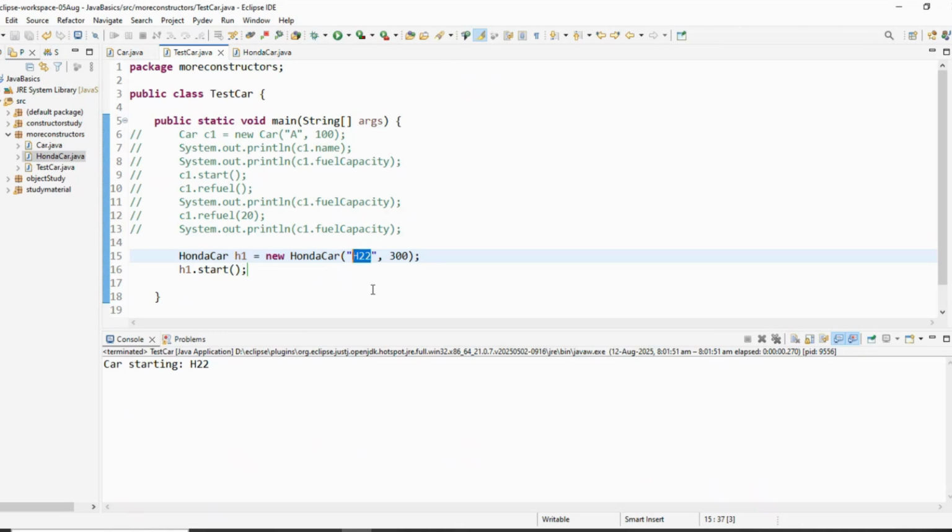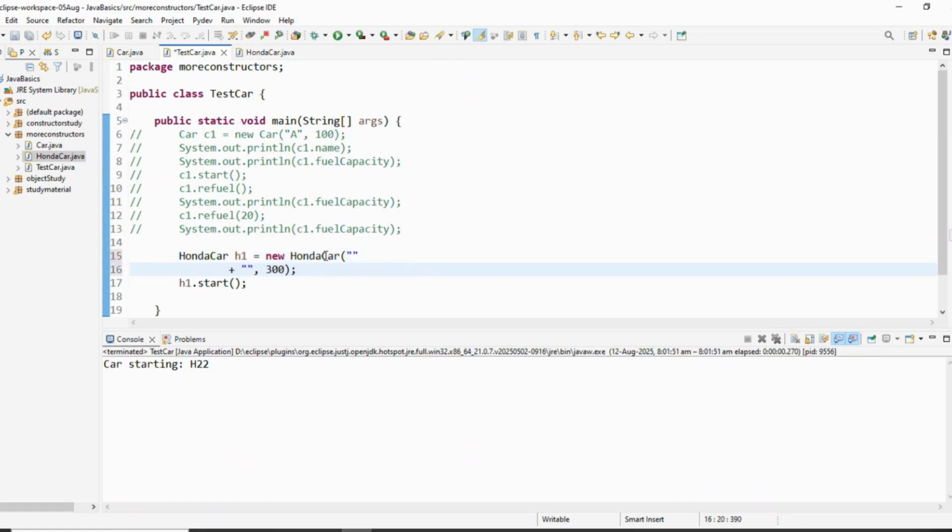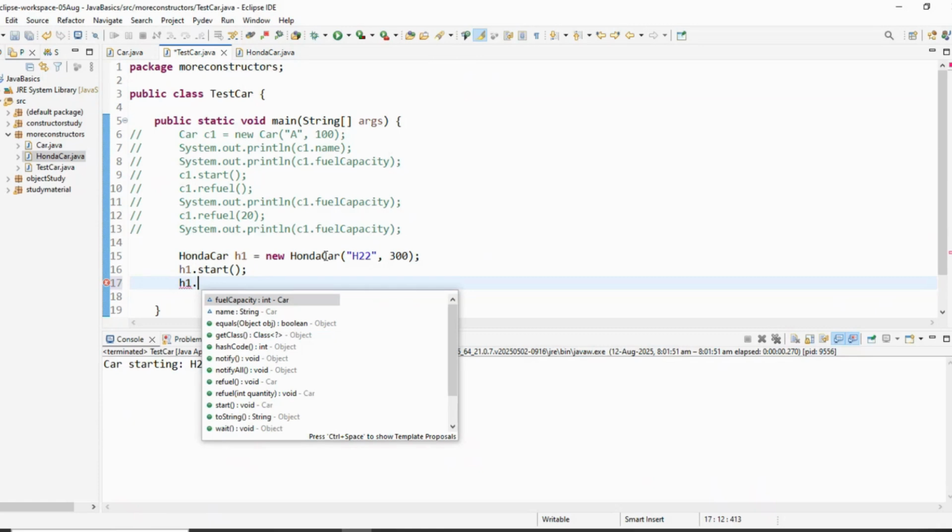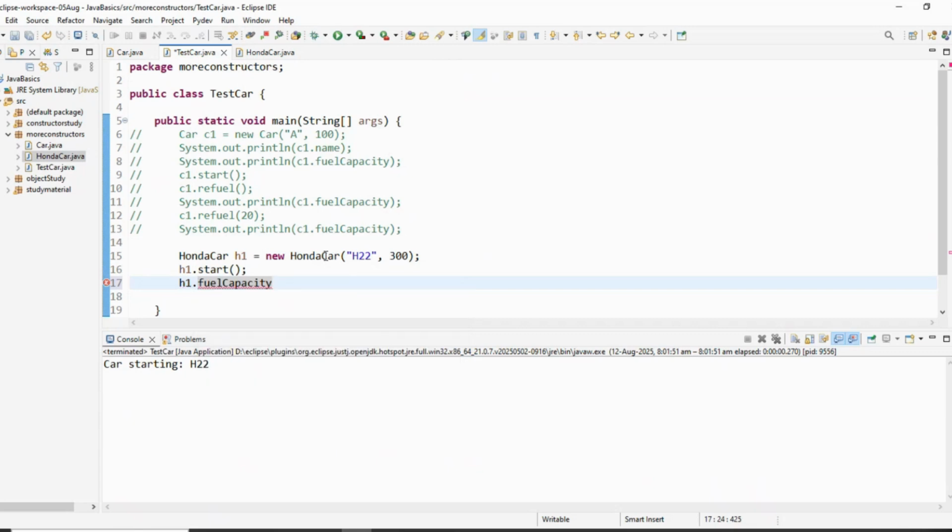Okay, I got it. So this is how inheritance happens. Now, in this, you did not touch anything on the car, because right now we only worked on the second and third area. Say if you've got fuel capacity, h1 dot